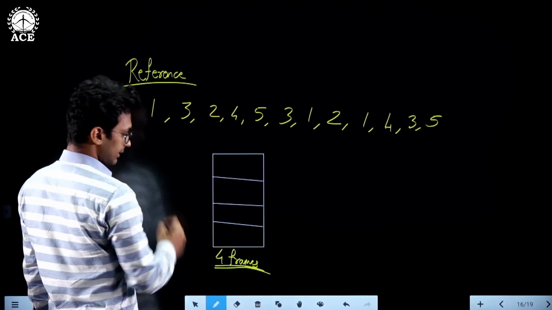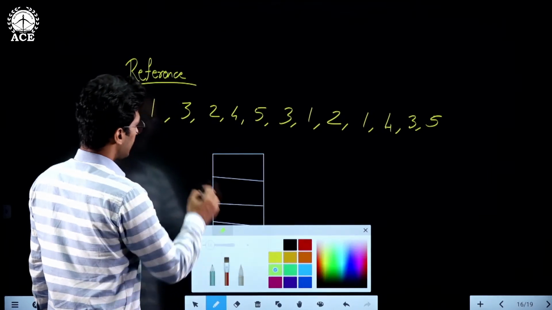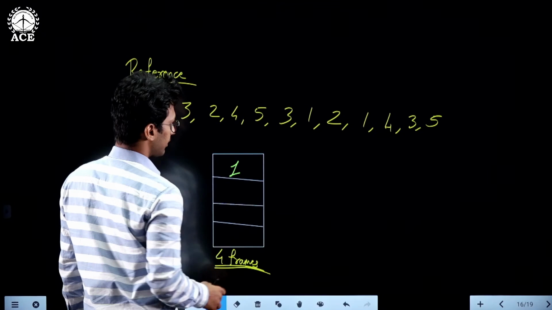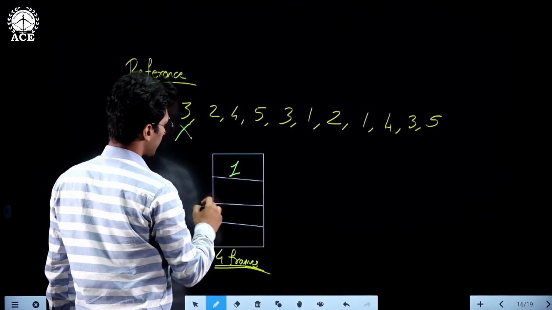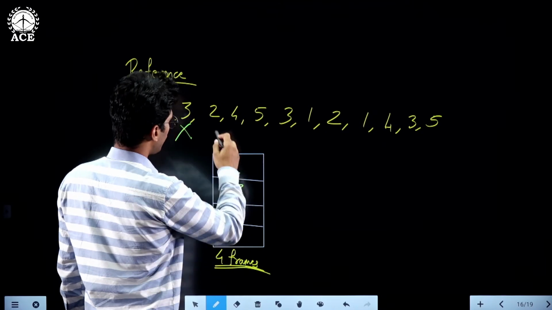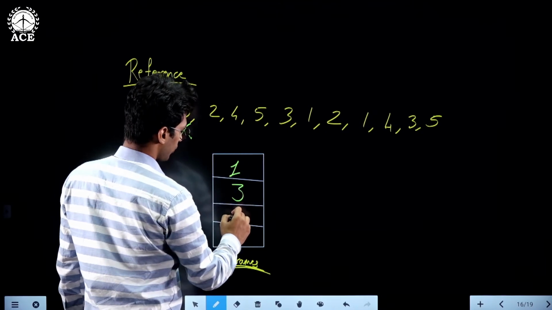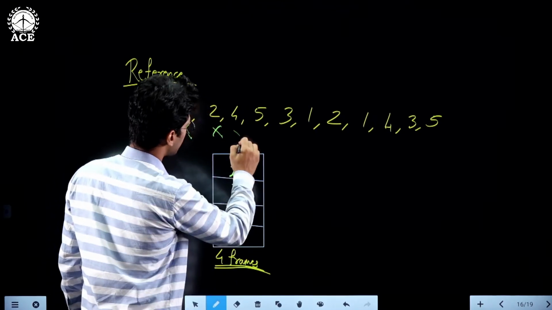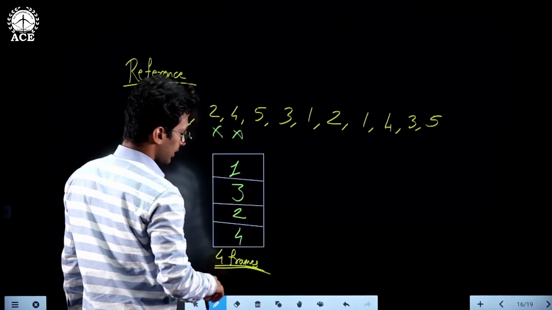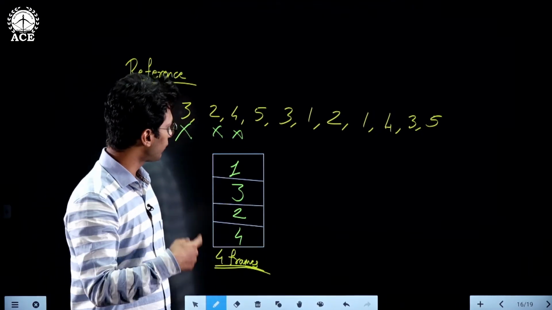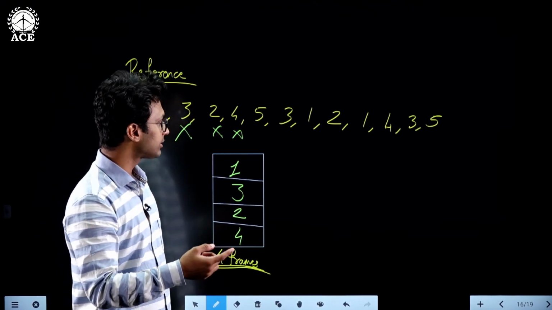See, is 1 there? Tell me fastly. Is 1 there in physical addresses? No, it is not there. We have to bring it. Miss. 1 done. Miss. 3 there? No, not there. 3 miss. Okay. 2 there? Not there. 2 miss. We have to bring it. 4 is there? No, not there. 4 is miss. 5 is there? Not there. Now, in optimal page replacement algorithm, replace the one which is